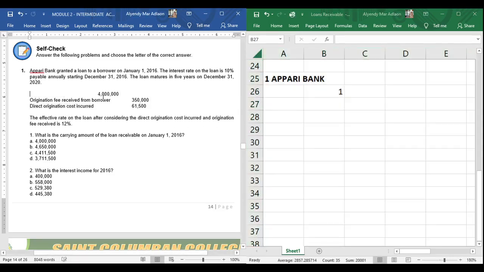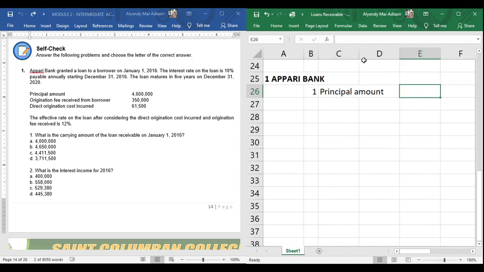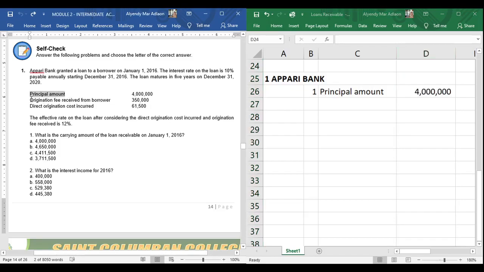We have the principal amount. Okay, that is 4 million pesos. Okay, and then origination fee. Okay, so this origination fee should be added, right? So, plus origination fee